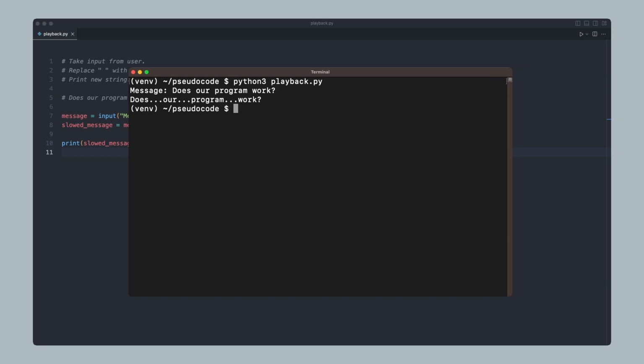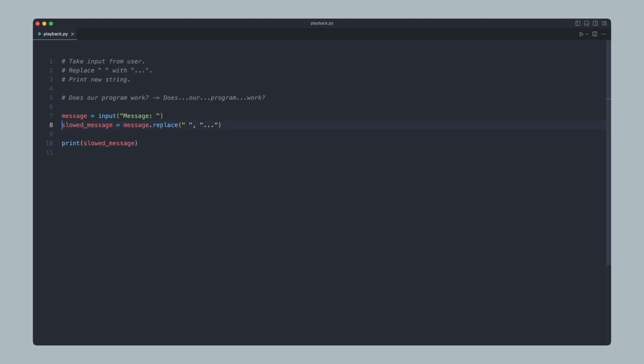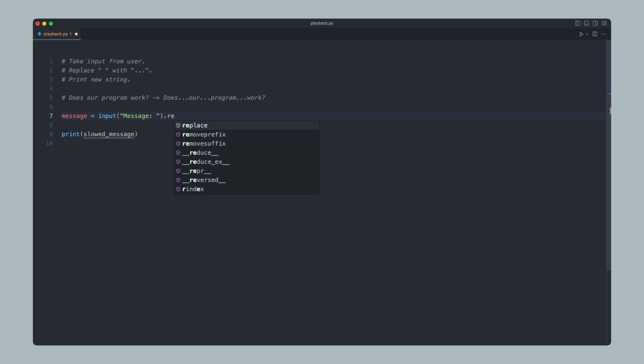Now, a small improvement we can make to our code, similar to the last problem, is that if we're not actually using the original input for anything, then we can just get rid of that second variable and shorten our code down to 1 line. So if we go back to our code here, we can delete this line and just call the replace method on the end of our input like this. And if we change the name in here, because this no longer exists,